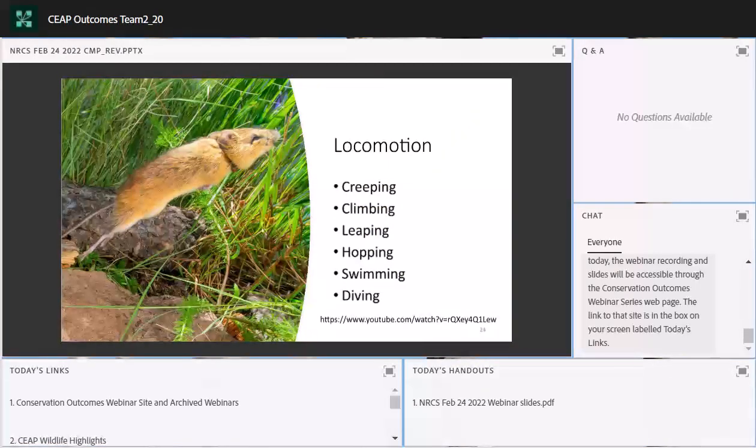They've mastered a variety of locomotion styles to help obtain resources in their environment and to avoid danger. This animal is leaping. It's becoming a very aerodynamic little missile. But these animals are also excellent climbers and swimmers. They can move stealthily through undergrowth. I like to compare them to basketball players because of their ability to go up very easily. And this is kind of unusual in the small mammal world. If you want to see these animals on the move, you can look at our YouTube link and see a short clip of some of the video we've taken in the field when we've been able to see these animals.